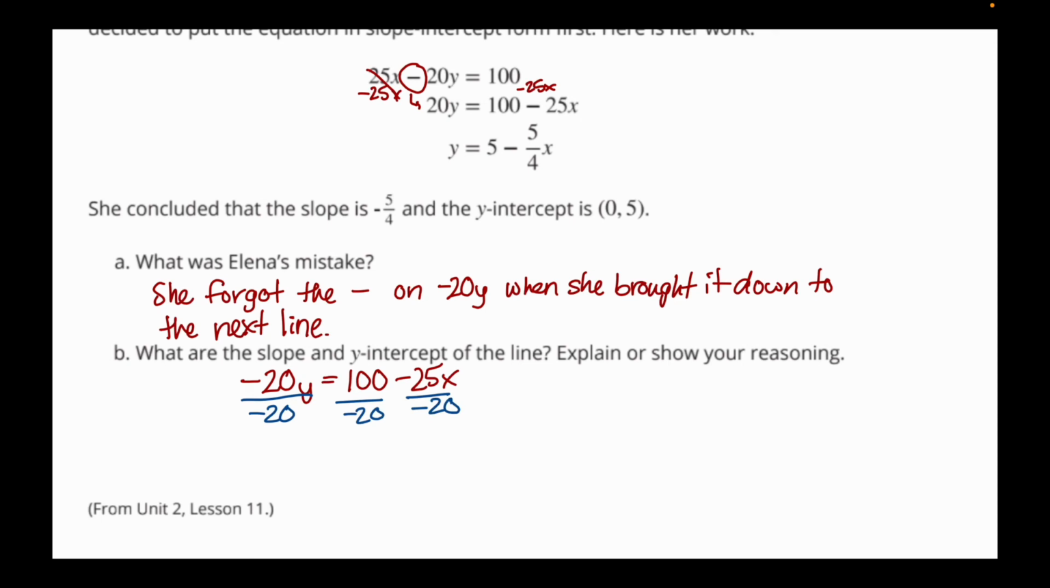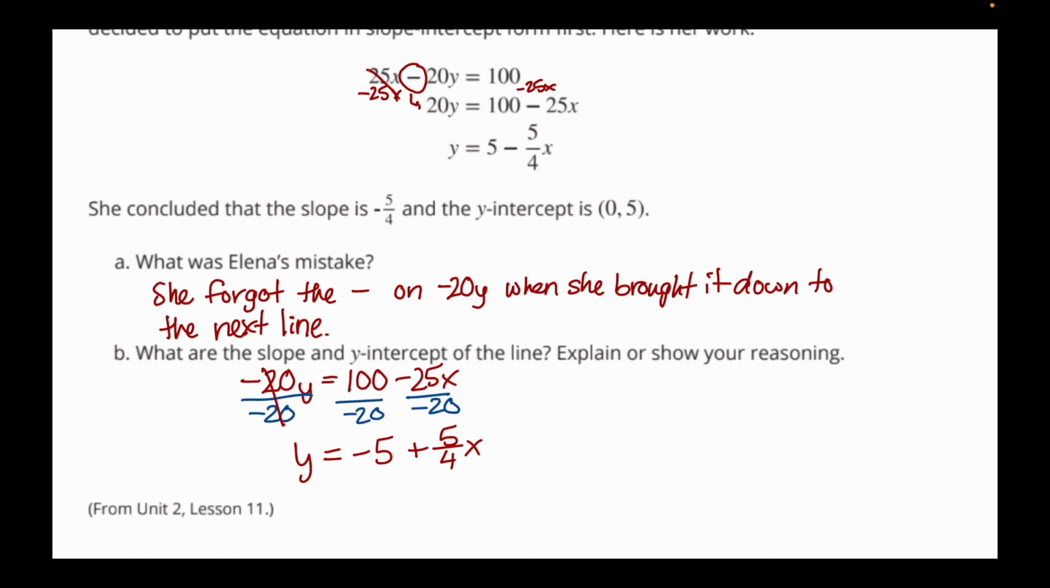So that's going to leave us with y on the left side. And 100 divided by -20 is going to make -5. And then -25 divided by -20 is going to be positive 5/4